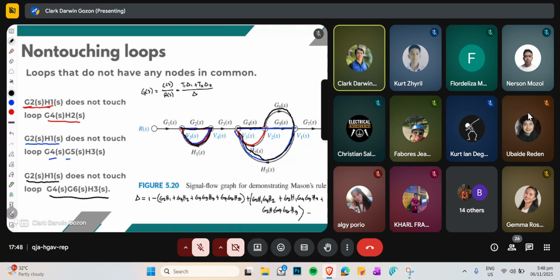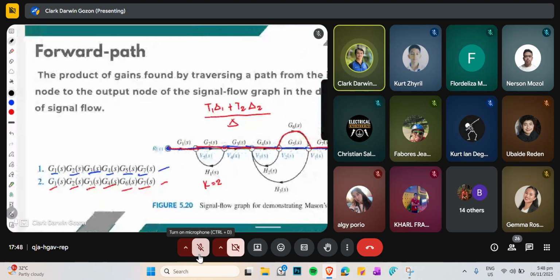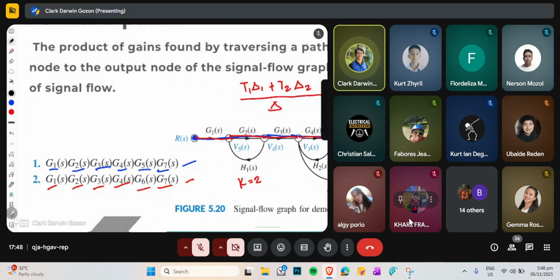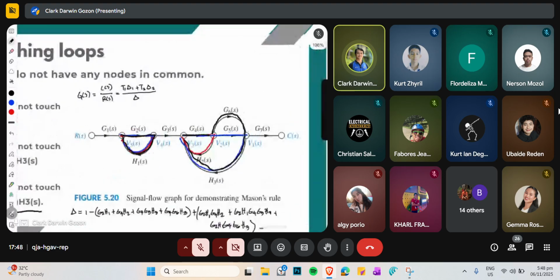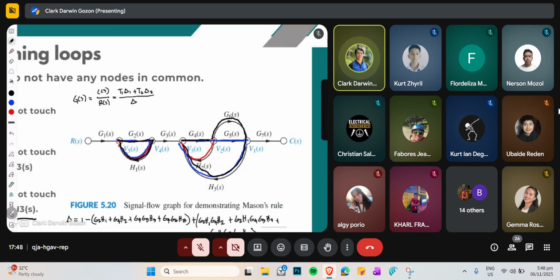Now, the forward paths, these T1 and T2, these are the forward paths from earlier. If we label this, this is equal to T1. This is equal to T2. Now, what we still need to find is delta 1. Sorry that it became a bit messy; supposedly this example should not have been solved. Delta 1 is equal to